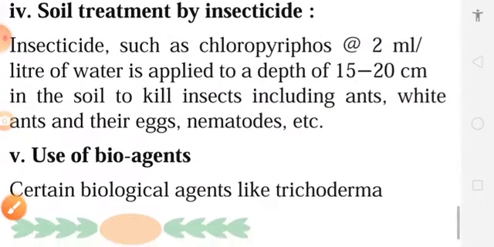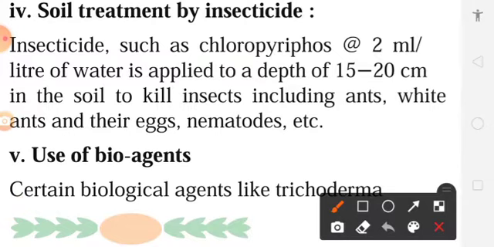Now we can also give soil treatment by using insecticides. Various insecticides are available, as we have studied during 11th standard. A number of insects are there. As per the kind of insect, we have to use the kind of insecticide. Chlorpyrifos is used for insects which suck sap from the plant, and remain hidden in the soil during daytime and come up during night time and feed on the plant.